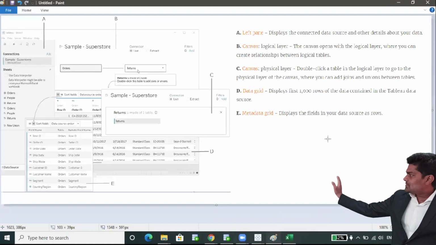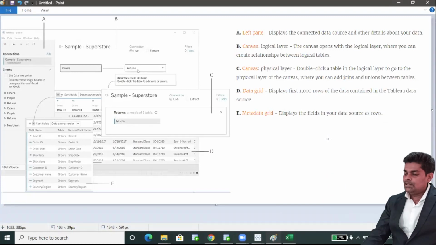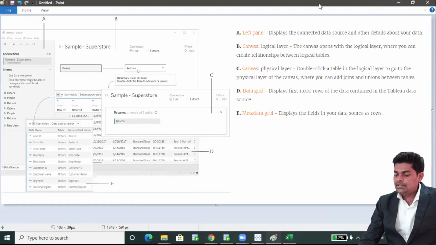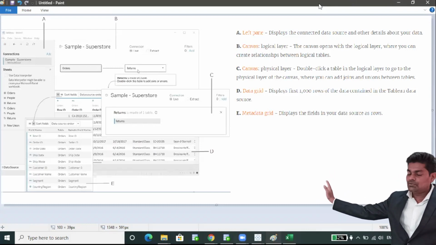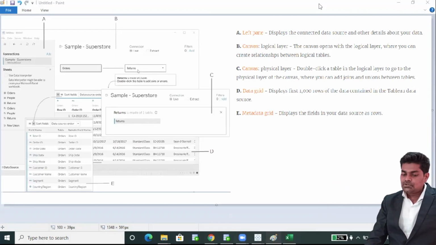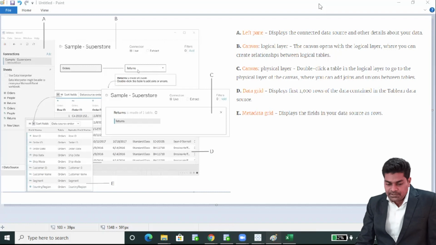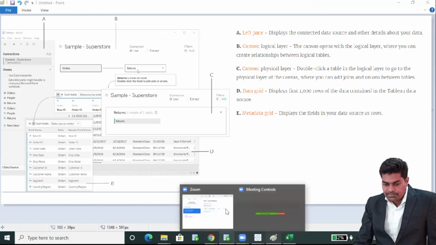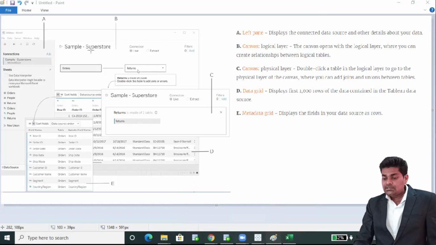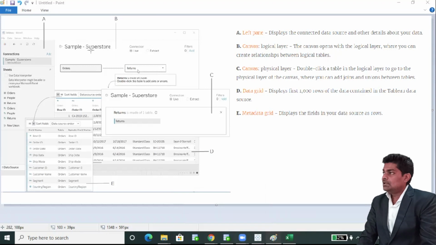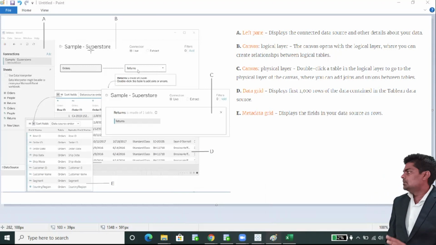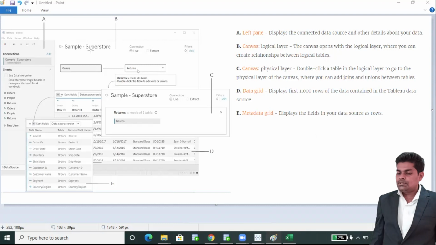The first, on the left side, that is A, which is called the left panel. Then B is the canvas. That is the logical layer, where we are making a live connection or extract connection.